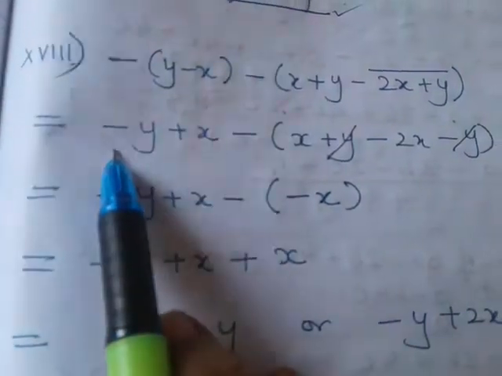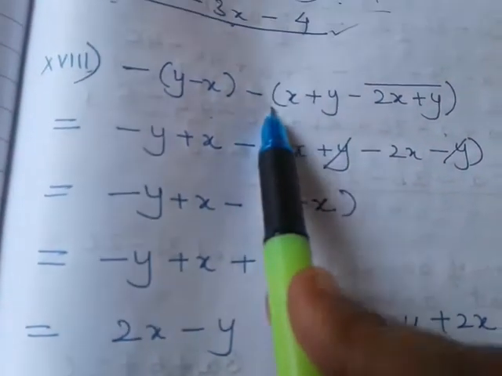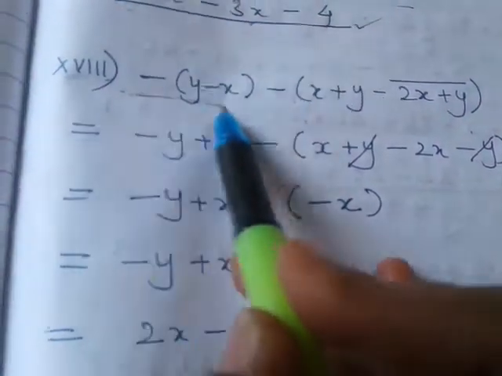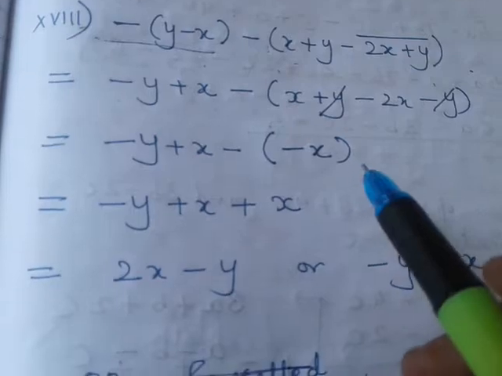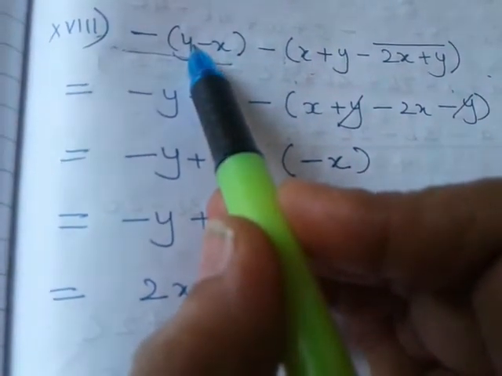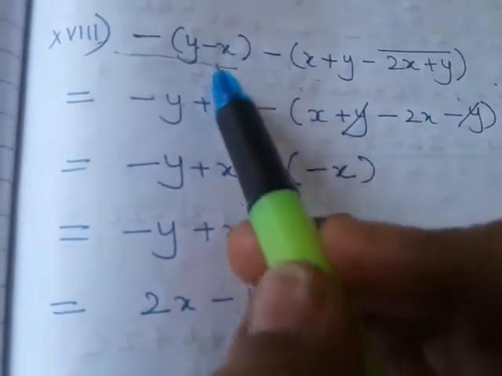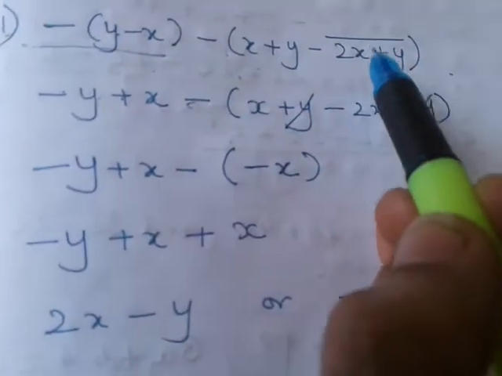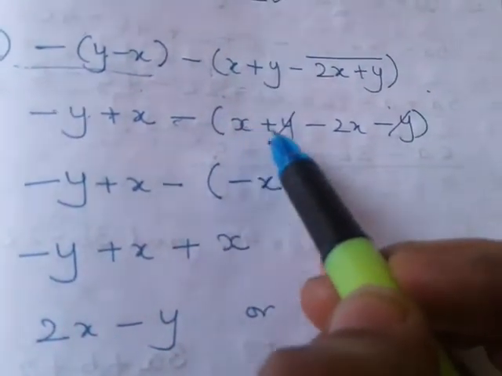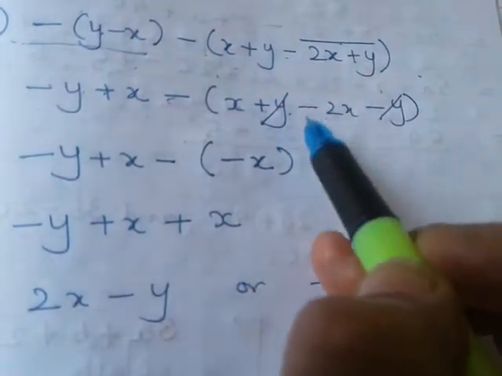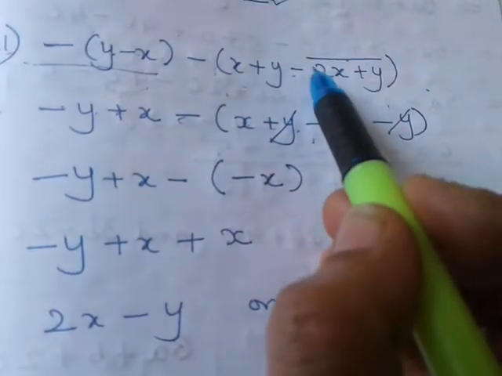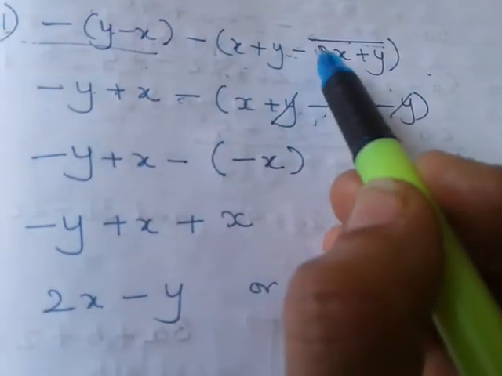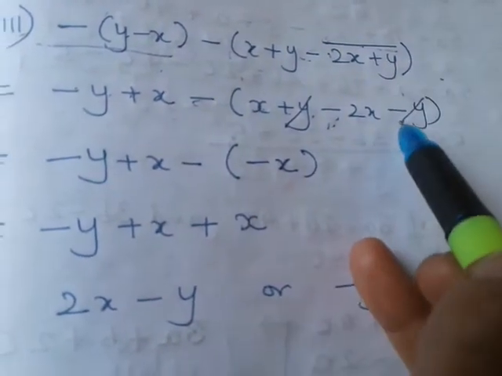So if you want me to solve this, minus y plus x. Okay. Minus, this is the bracket. So what we have done is we have opened these two brackets together. So plus became minus y, minus became plus. Before the bracket minus is there. So here minus, here I have kept it as it is because here we have one more bracket. So x plus y, before this minus became, here plus was there, it became minus because before the bracket minus is there. So this plus became minus, this plus became minus.